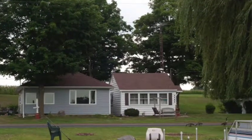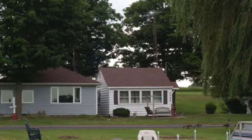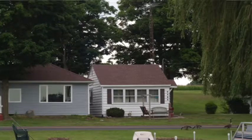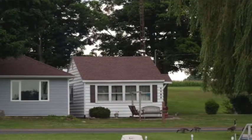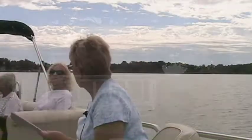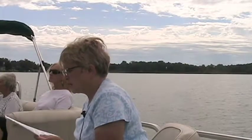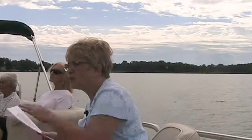Okay, we're going to be talking about Don Gillespie. He is the man who lives in the house behind the willow that came apart. He gave us quite a bit of history and was going to be one of our docents on this tour, but sadly his mother got very ill at the last minute and passed away, and he wasn't able to come on the trip. But his grandfather was one of the first residents that we know of on this end of the